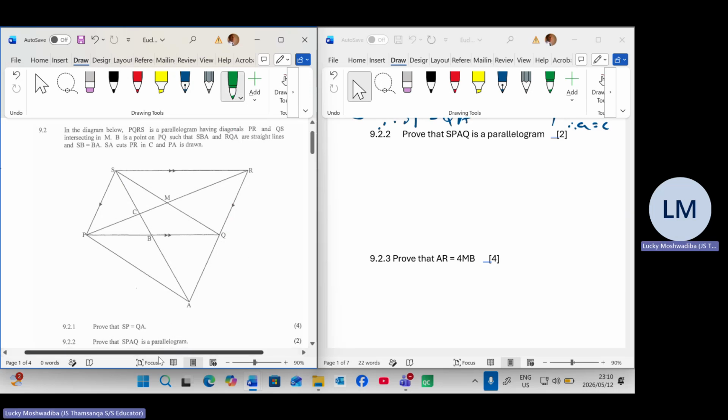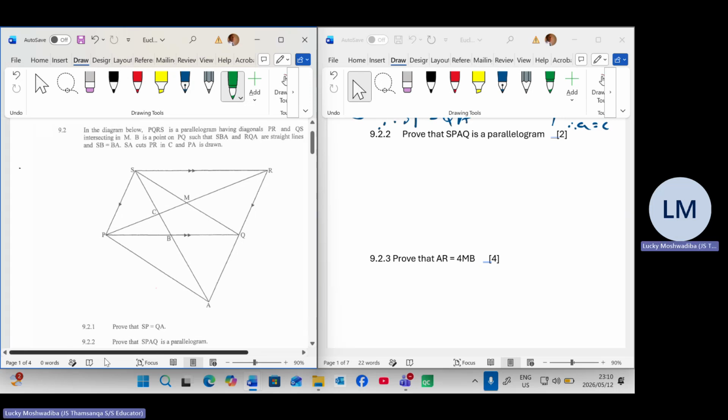Now, I'm going to indicate to you what needs to happen in order to prove a particular figure is a parallelogram. You basically need to know your properties of a parallelogram, guys. So if you can show the properties of a parallelogram using the correct method of geometry or mathematics,